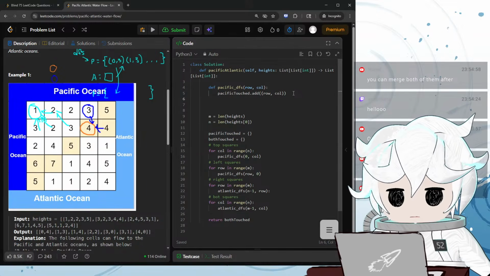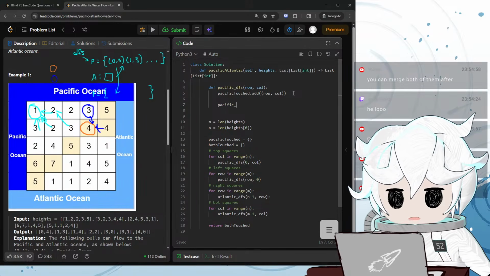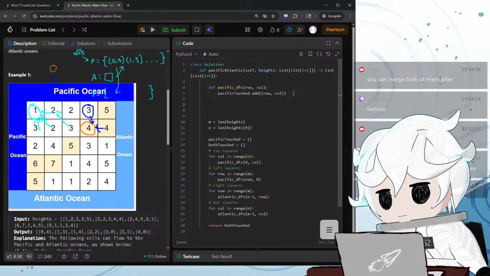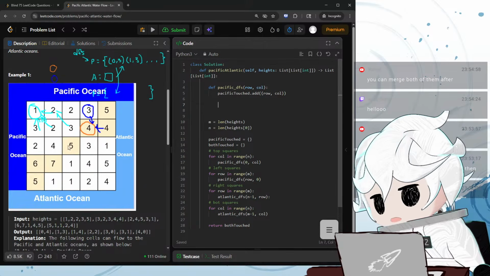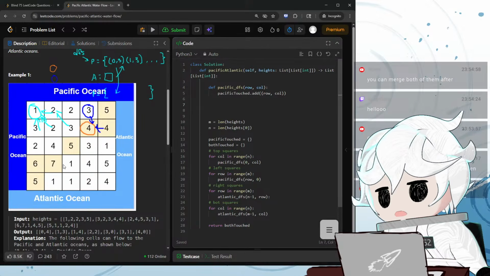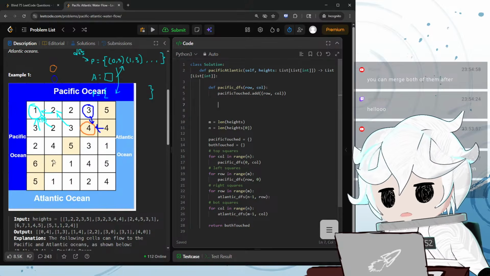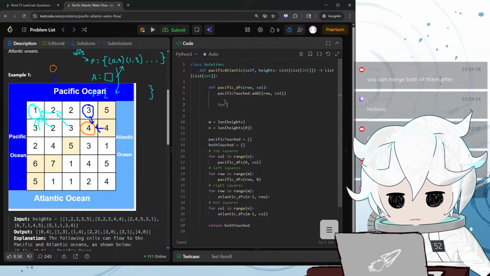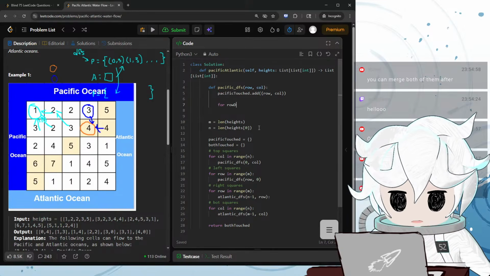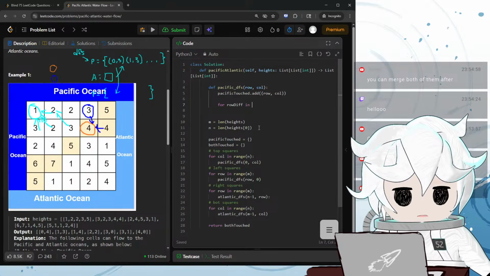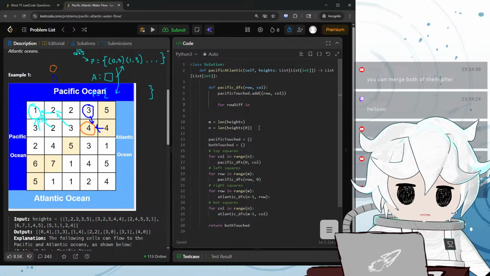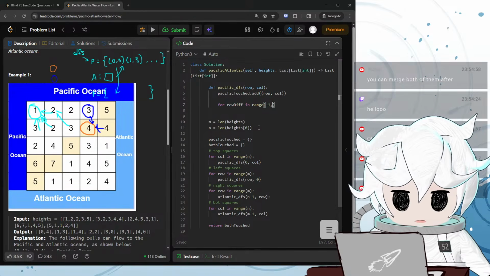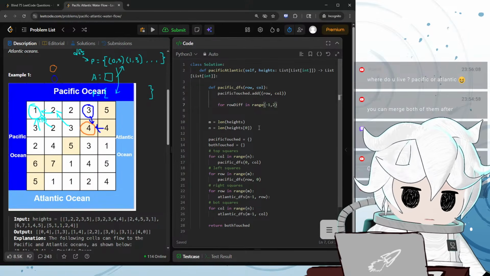Okay, so we have to do something like Pacific. How do we get... What's a really quick way to get all of these squares around another square? Do I do a row offset, column offset? Maybe I do a row diff and then a column diff from -1 to 1, both from -1 to 1, and then I skip the one where it's 0, 0, you know? For row diff in range -1. Oh gosh, this is so messy. 1, 2,